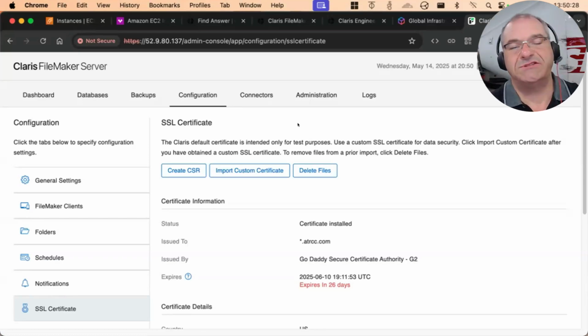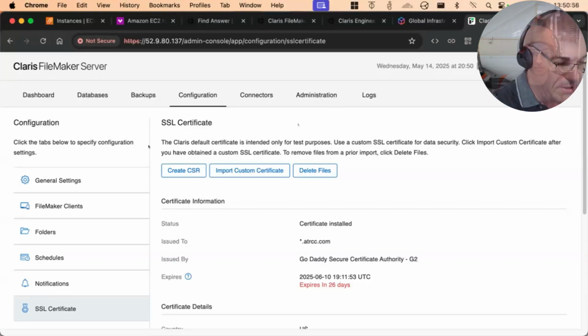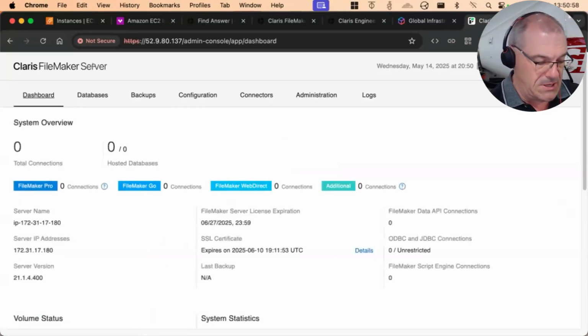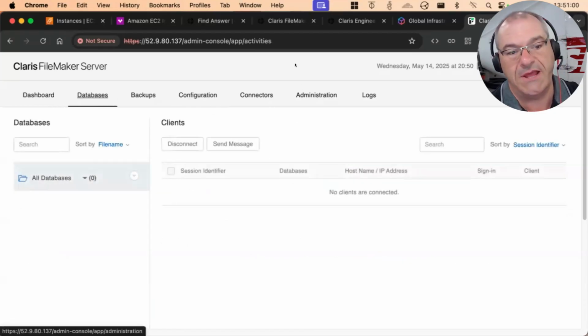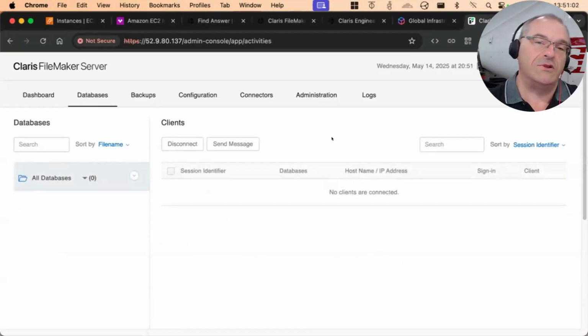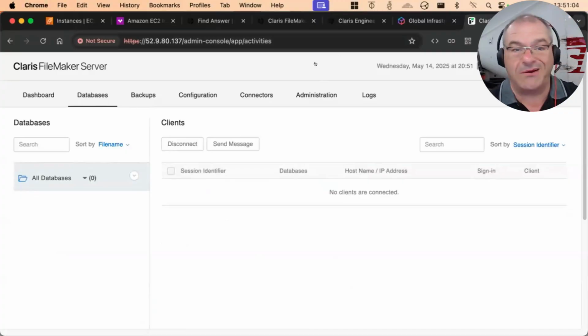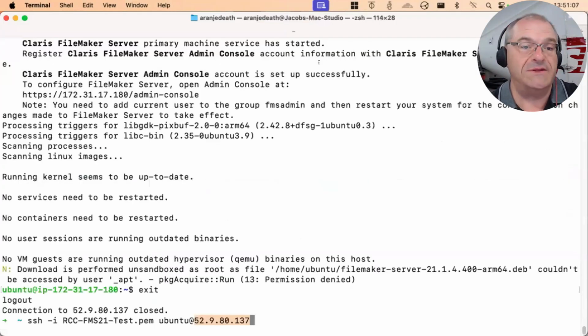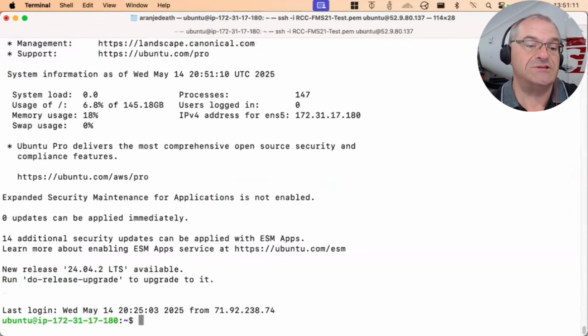So just so you understand, the Let's Encrypt, it's free, all this stuff, but it requires a FileMaker server restart currently every three months. Claris has realized that this is an issue, so they're trying to remediate this. We're going to get into this in the next release, but largely the next version of FileMaker, there's nothing earth-shattering about it, but this is one of the nice features of the next release, that they're fixing this Let's Encrypt stuff.